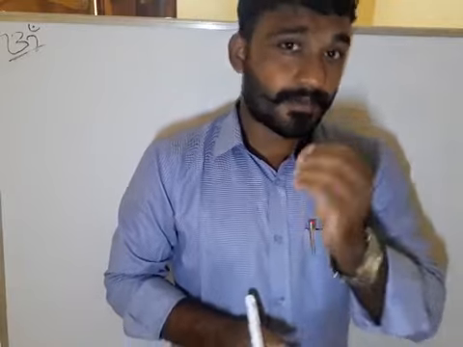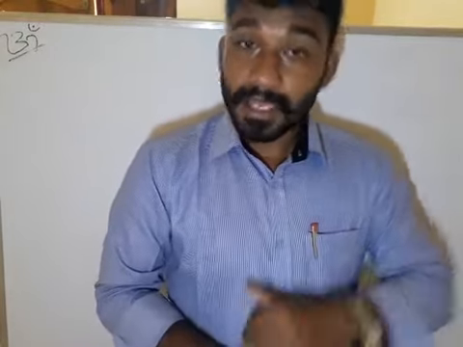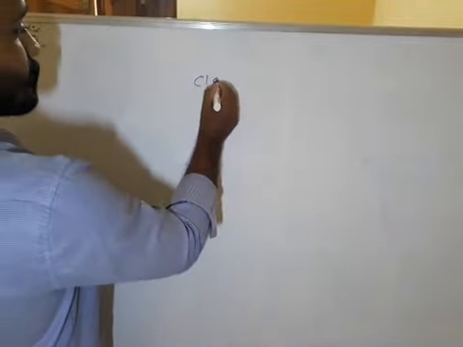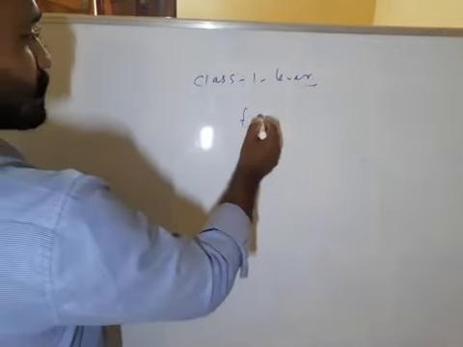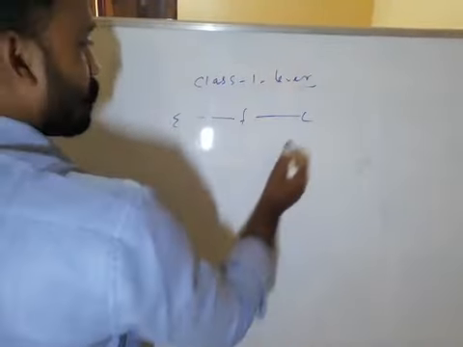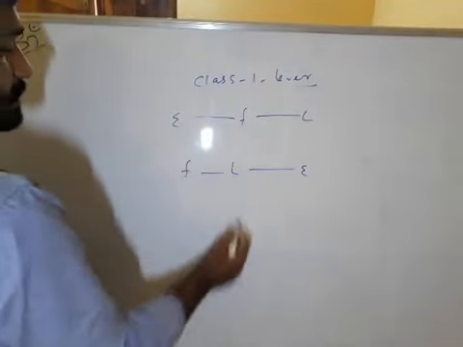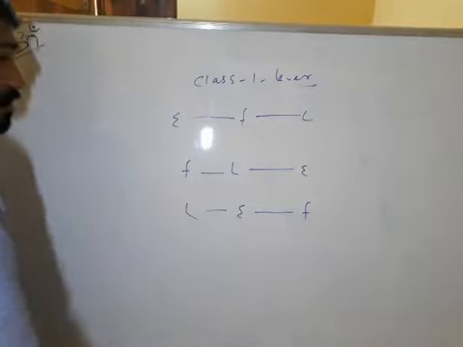In the previous class we discussed different types of simple machines. Today we will discuss the lever. In the previous class I also told you what a lever is and that there are different types of levers. First, the class 1 lever: the fulcrum is in between effort and load. In a class 2 lever, the load is in between effort and fulcrum, whereas in a class 3 lever, the effort is between fulcrum and load.